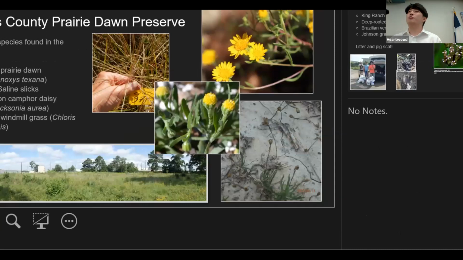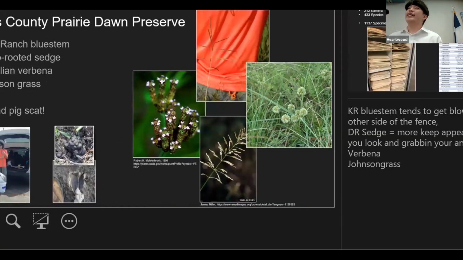So the Prairie Dawn Preserve is a small area of land a few miles southwest of Mercer Botanic Center. And it's important because it holds several endemic species, including Texas Prairie Dawn, its namesake, Rayjacksonia aurea, and the Texas windmill grass. However, it also holds several invasive species, including King Ranch bluestem, deep-rooted sedge, Brazilian verbena, Johnson